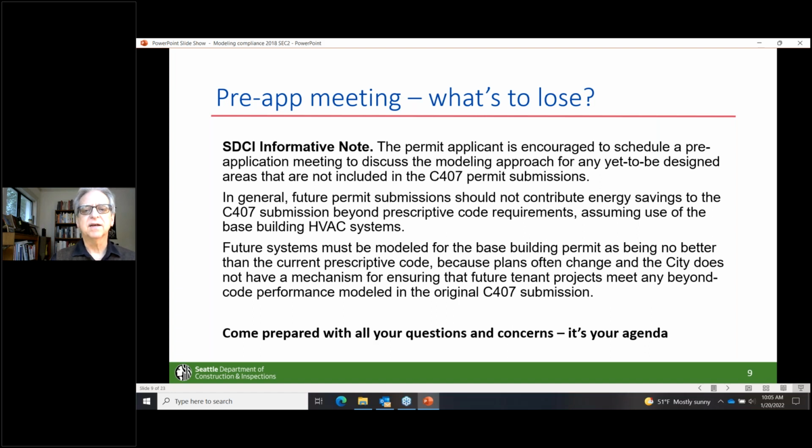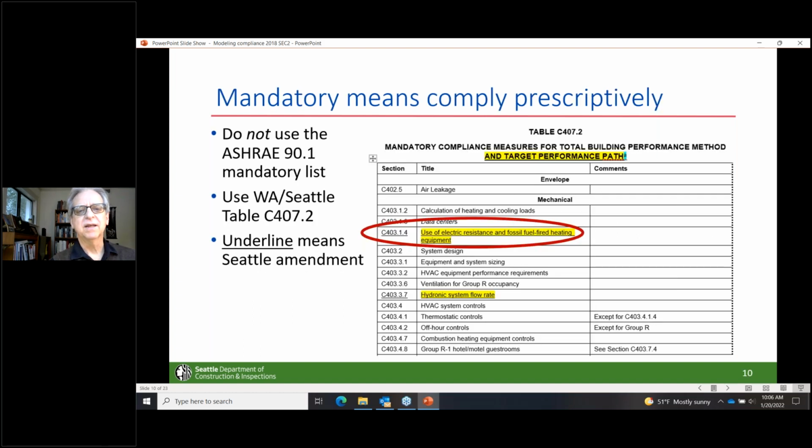But it's been really valuable to just have everybody in the room for an hour and discuss what it is that you're trying to get done with this model. Anything you're doing that you think might be in question, we can get resolved then, get those meeting minutes published, and it should make your actual permit submittal go much more smoothly.